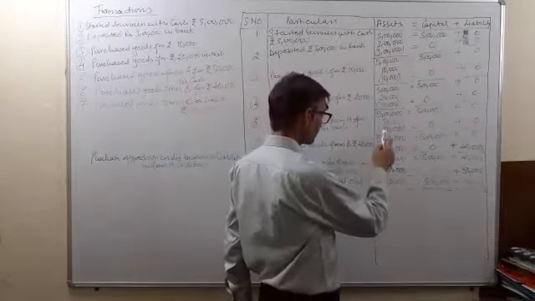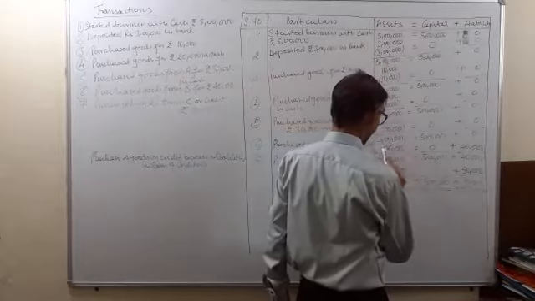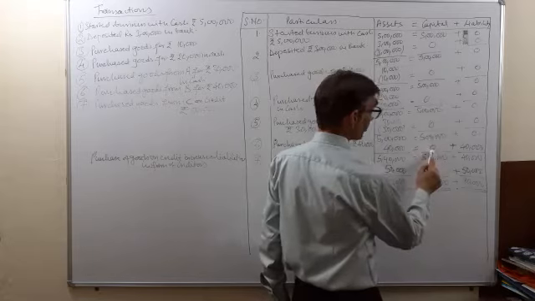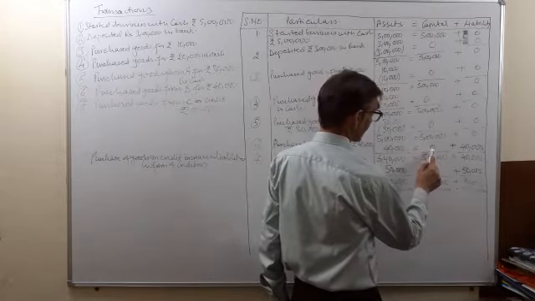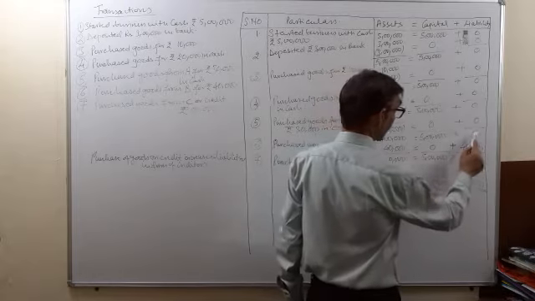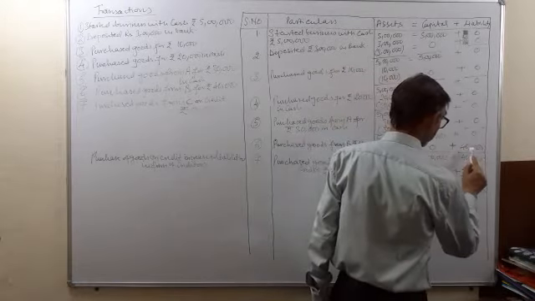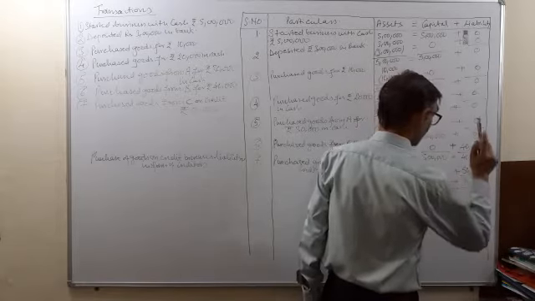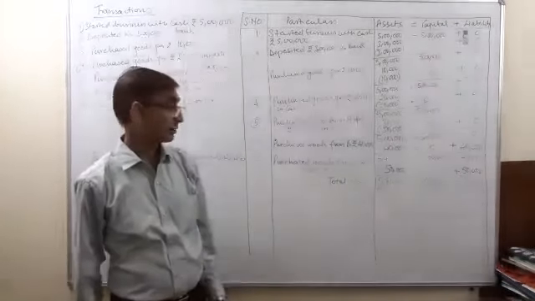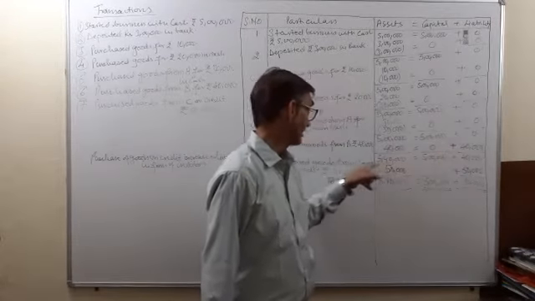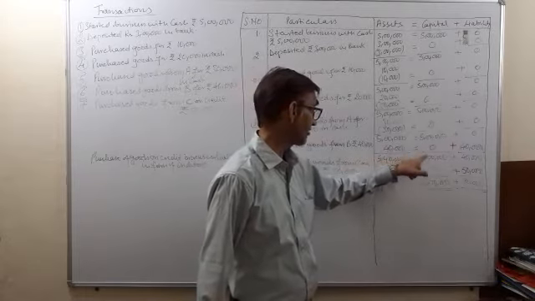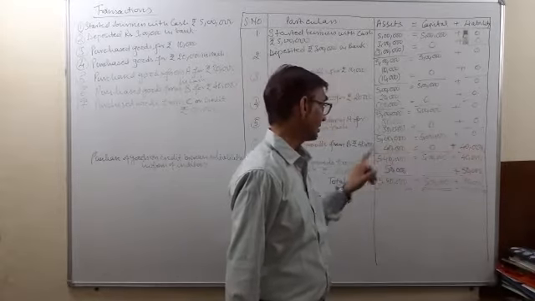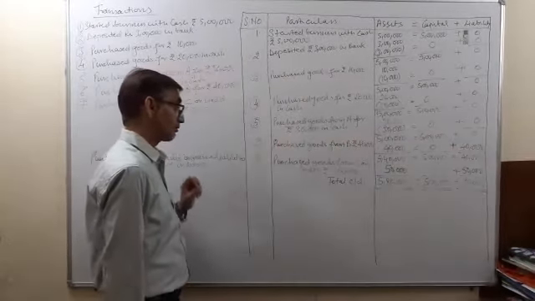Now we will add up: to 5 lakh, add 40,000, it comes to 5 lakh 40,000. Here no effect on capital, so 5 lakh plus 0 is equal to 5 lakh, and here our creditor B is increasing, so 40,000 rupees will be added to the liabilities. Now the equation is again balanced. 5 lakh 40,000 is equal to 5 lakh plus 40,000 is 5 lakh 40,000. Both the sides are equal, so the accounting equation is balanced.